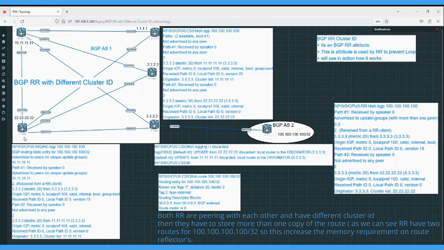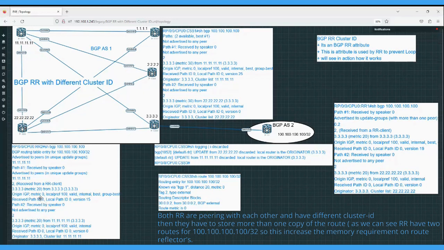What will happen is now this RR2 will advertise this prefix to CSR1 and CSR2. Okay. So what will we do? First thing is it has received two routes, correct? One route is coming from this CSR3, and one route is coming from the back-to-back peering. Okay. So while it advertises this route towards CSR2 and CSR1,